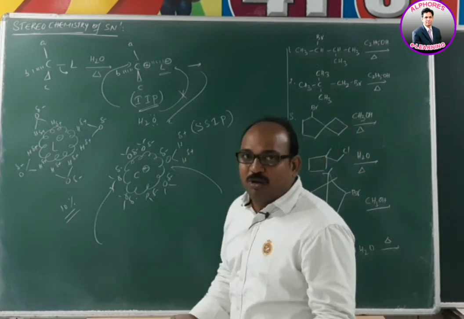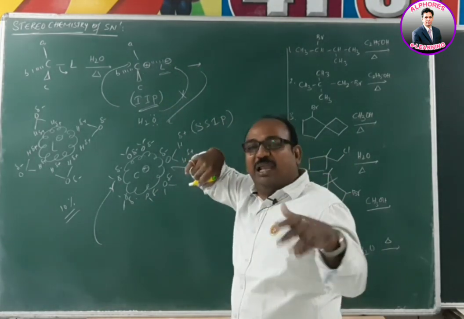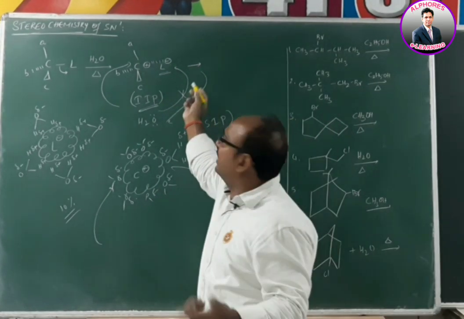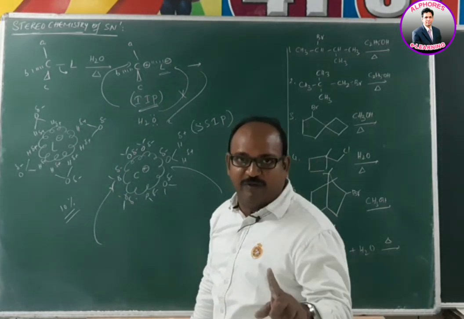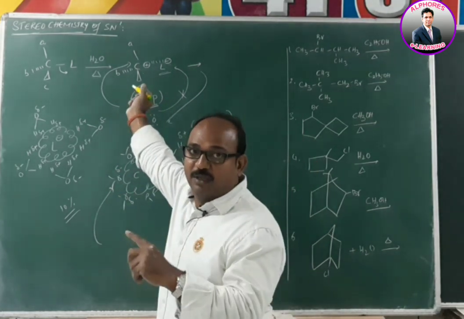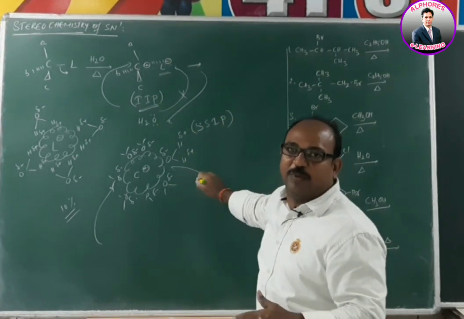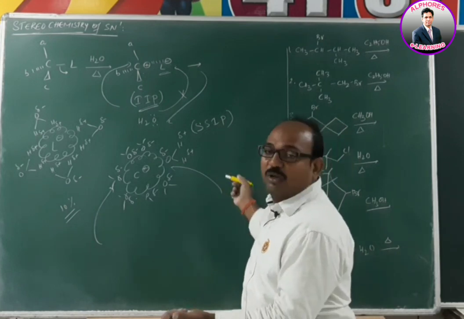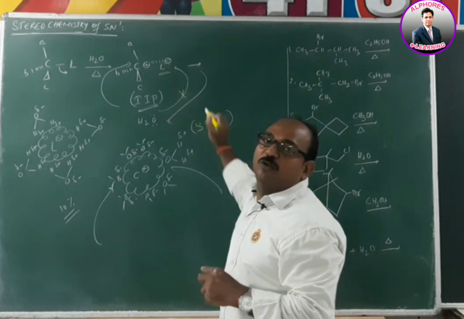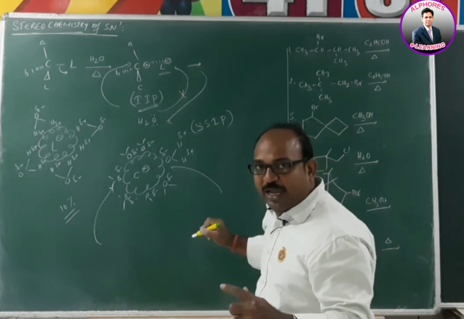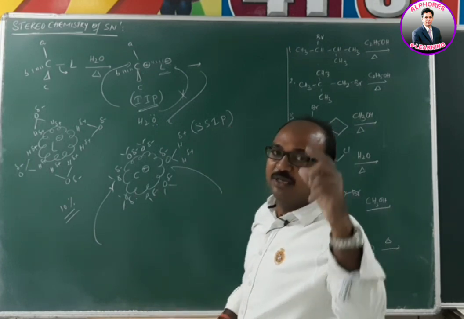Why is inversion more? The front side, the leaving group's departing side, is sometimes blocked by the leaving group. Hence, a nucleophile cannot approach from that direction. So in such a case, the nucleophile has only one way, attacking from the rear side. Once the intimate ion pair is converted into a solvent separated ion pair, the nucleophile can approach from either side. Until that conversion, the nucleophile has only one way, right? That's why a little bit of inversion product is major.